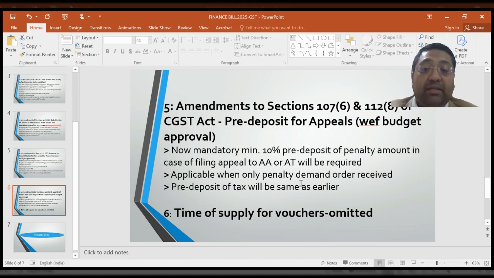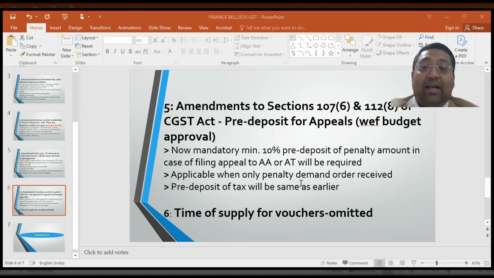The next amendment is related to vouchers. Government has removed the time of supply in case of vouchers and says that it is not a time of supply because a voucher is nothing like a supply. It is like cash or actionable claims. GST will apply in case the underlying asset is mentioned, or when the vouchers are sold or transferred, then in that case GST liability will arise.